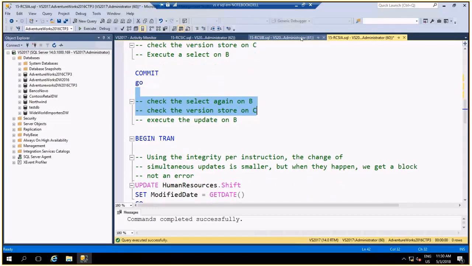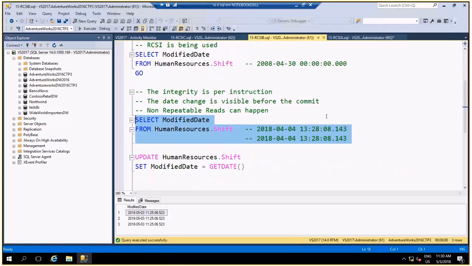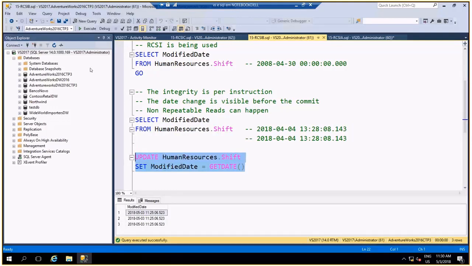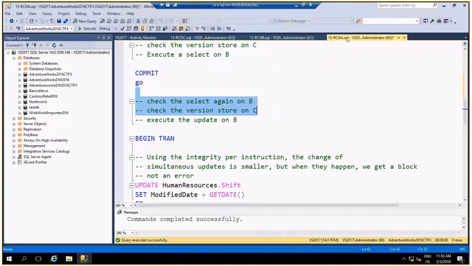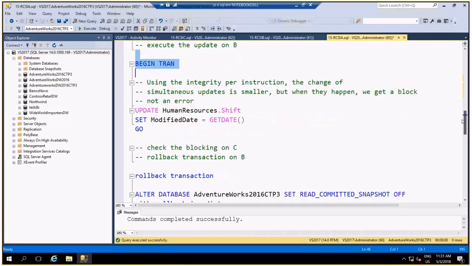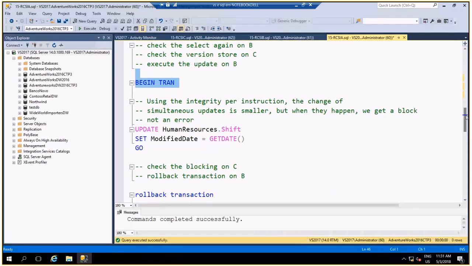Let's return to B. Transaction B. Now I will execute an update on B, to update to get date. I executed the update in the middle of the transaction. Let's start another transaction here on A, begin transaction, and execute the update on the same records.